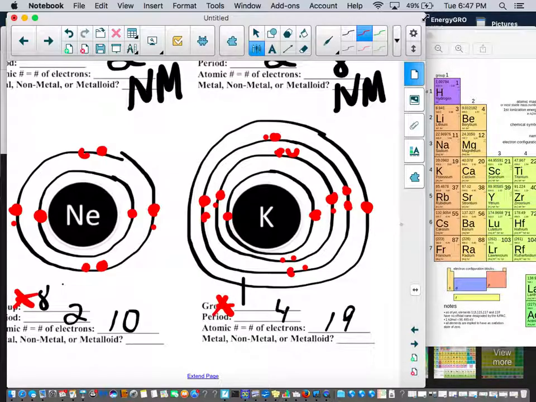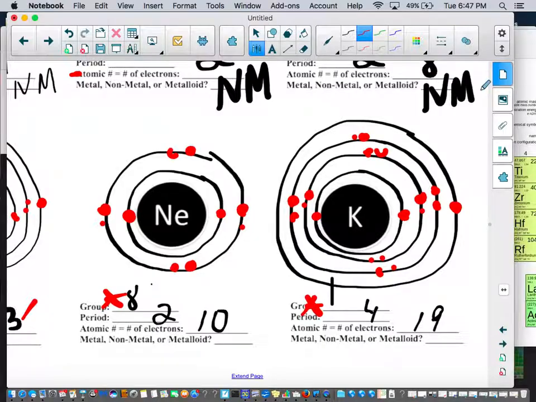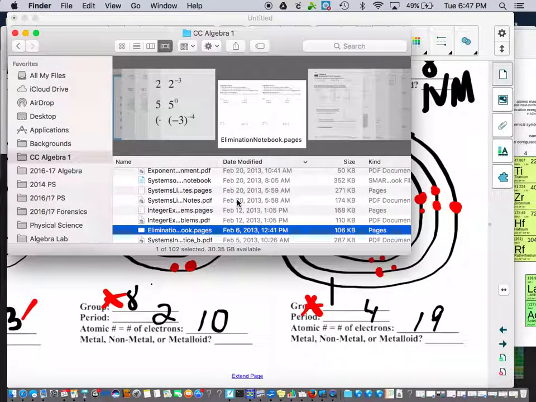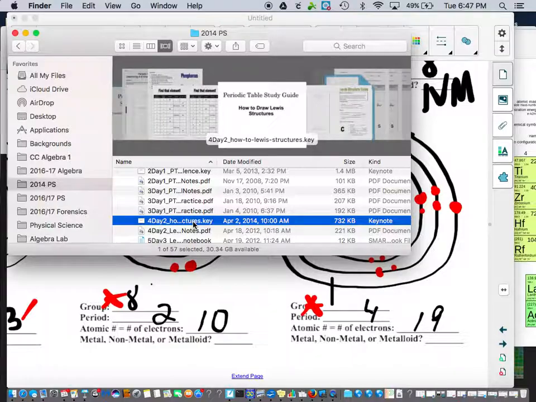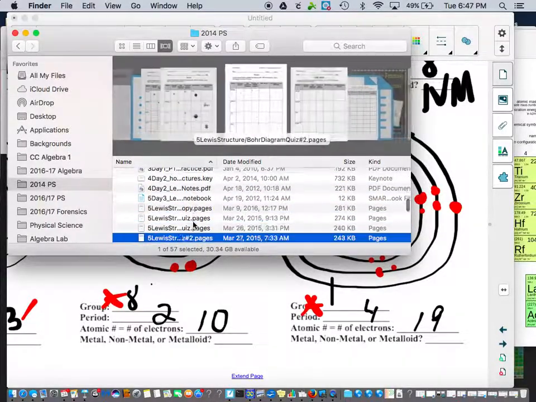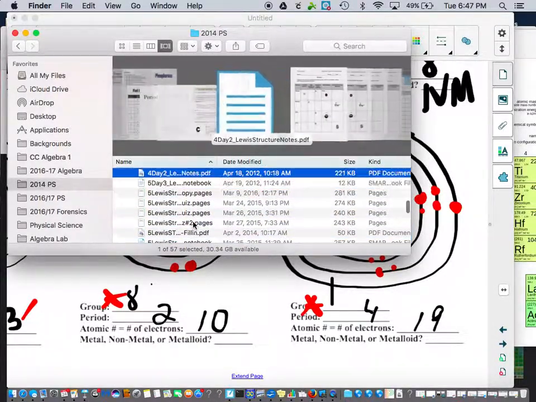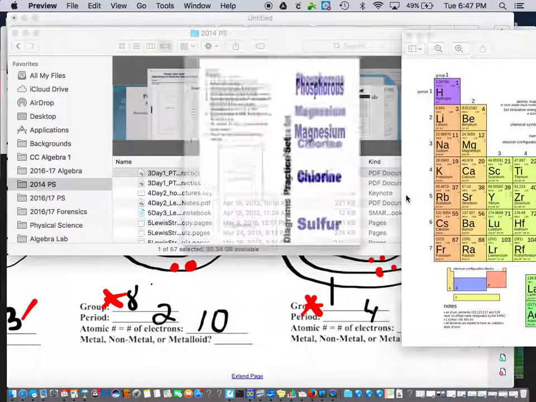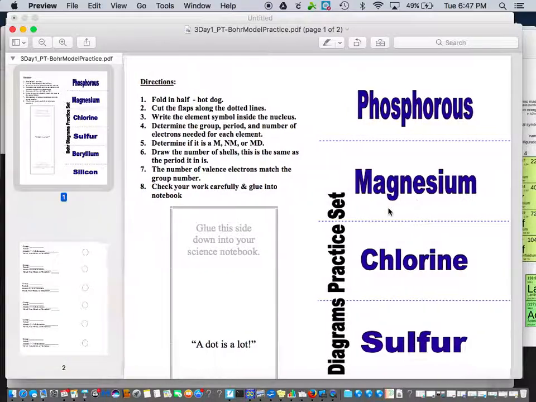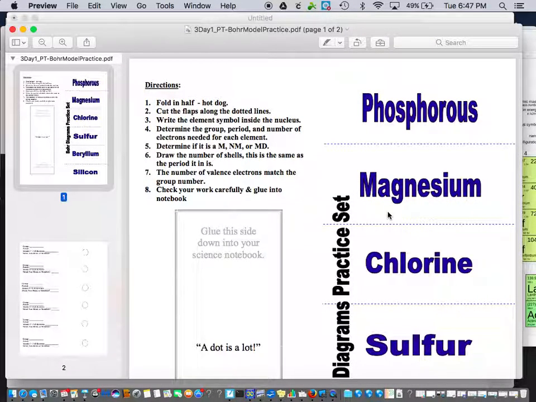All right, so this concludes the podcast for drawing board diagrams. For your homework, you are going to have a worksheet. Let me pull it up real quick here. There it is. I want you to try these practice problems on your own for homework. So that concludes